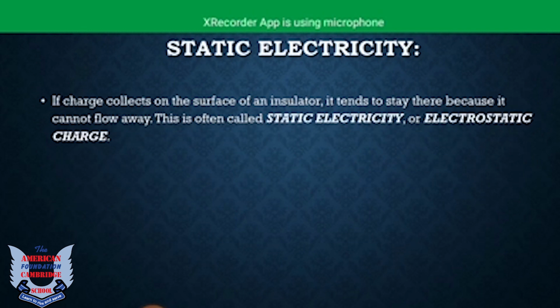Now, one more concept: what is static electricity? Static electricity basically belongs to a very important branch of physics, electrostatics, which is the study of static electrical charges. And from its name, we can conclude they are charges which are at rest. As I told you earlier, dynamic electricity belongs to the branch in which the charges are in a moving condition, whereas static electricity belongs to the type in which the charges are at rest.